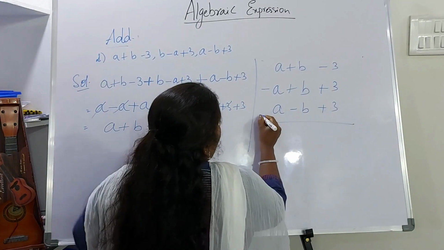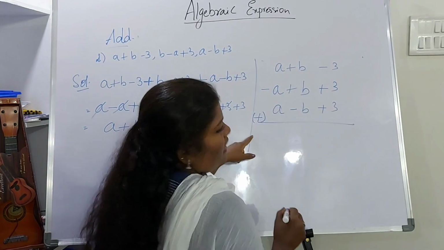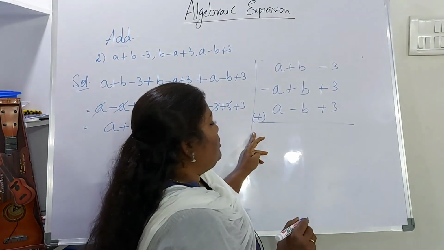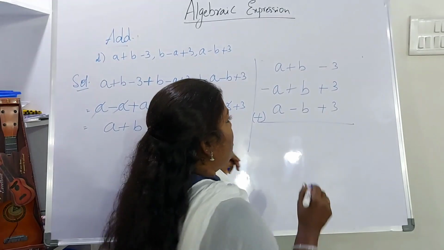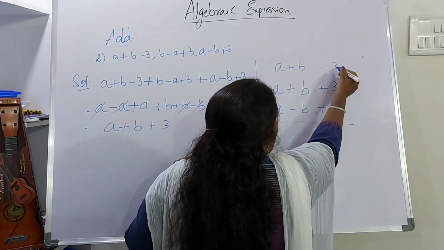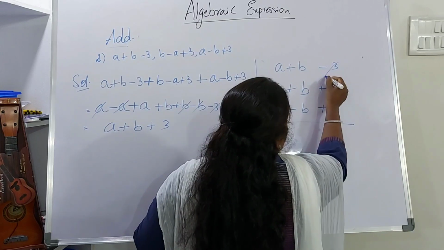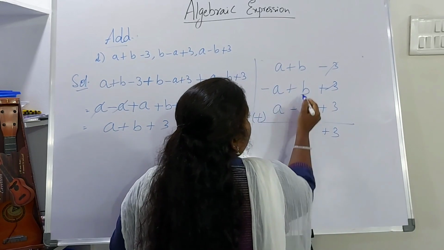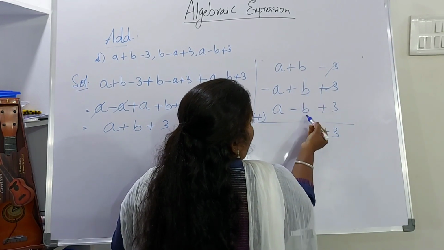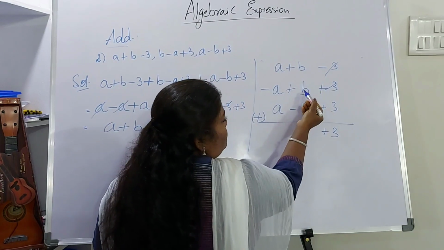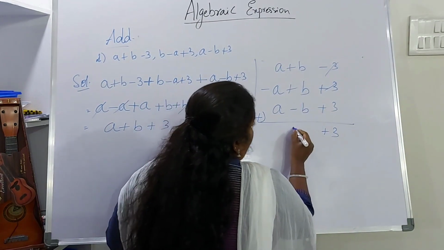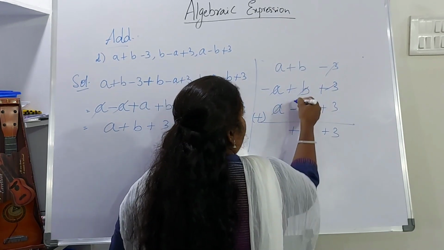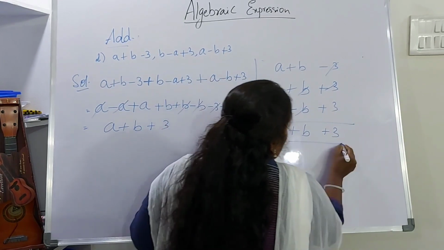Now here what you are going to do? You are going to do addition. When you are doing addition, there is no change in sign, but later when you are doing subtraction, I will explain how the signs are going to change. Now here, minus 3 plus 3, 3 minus 3 is 0. So this will become 0 and the leftover one is plus 3. Now here also you have plus b minus b, or if you add b plus b is 2b, minus b will be b. And here also you can see that these two are similar. You can just strike off and write the remaining a plus b.